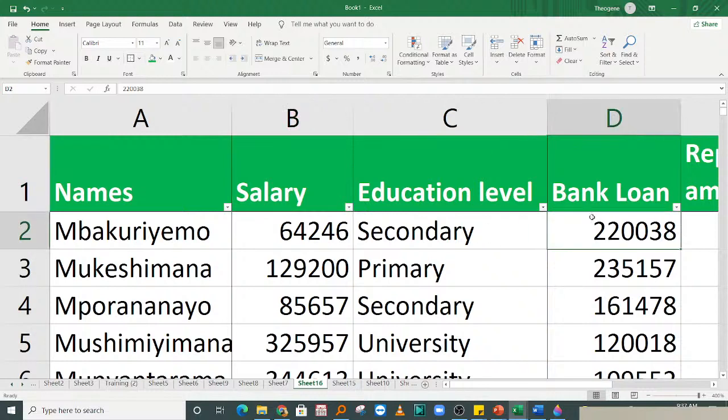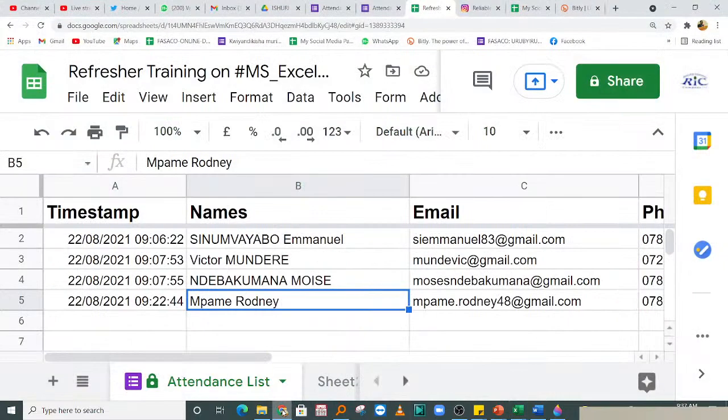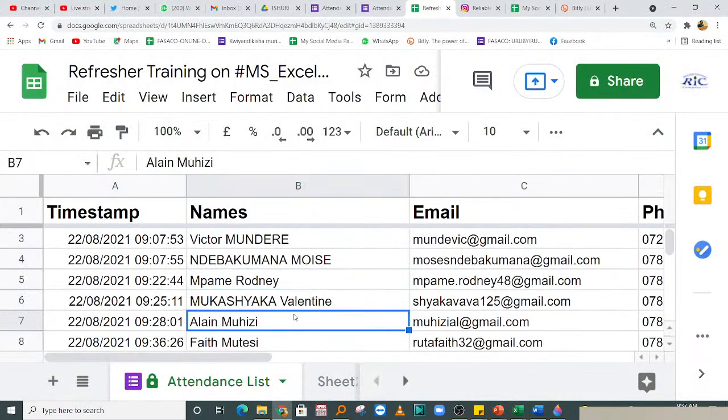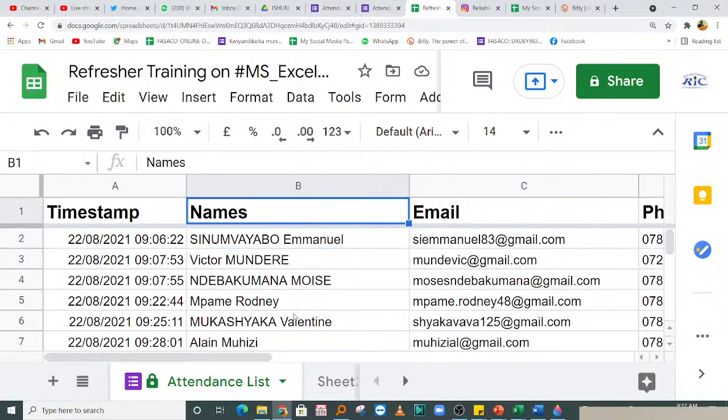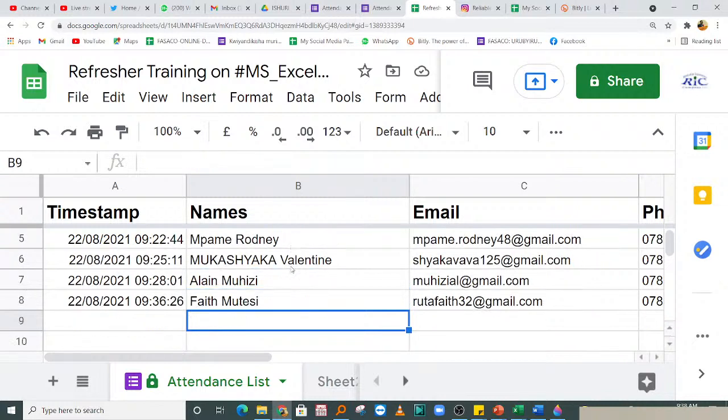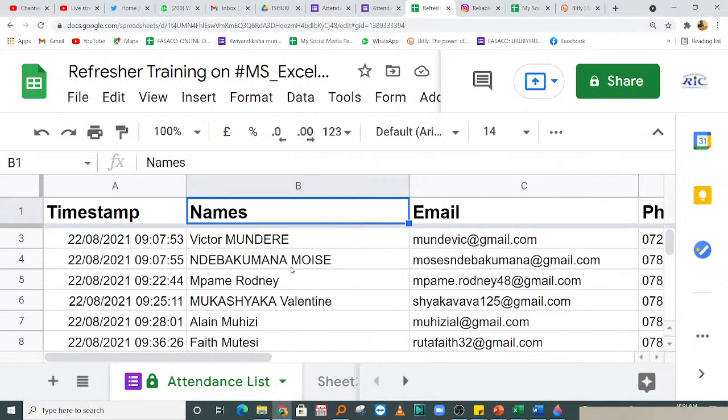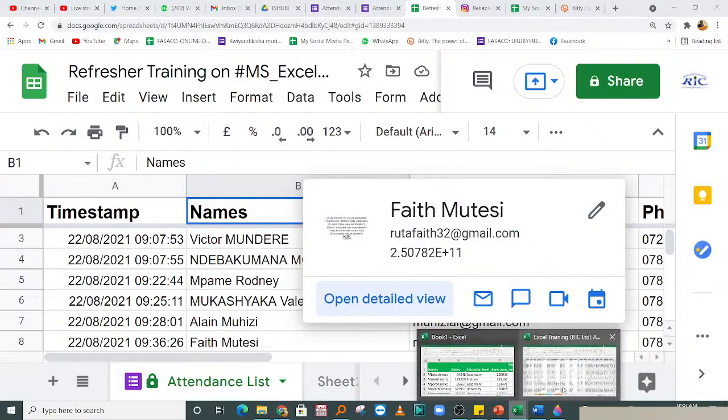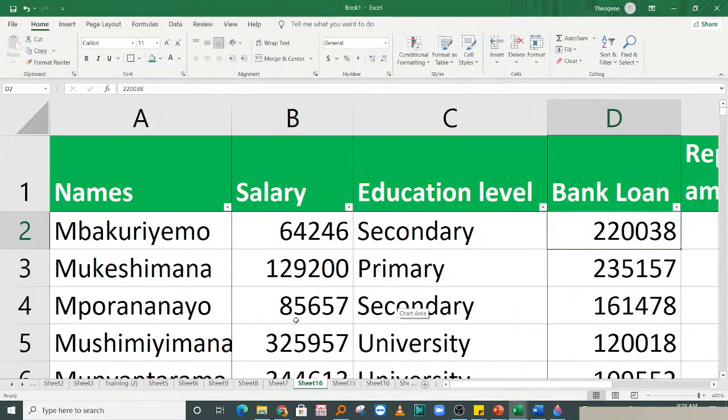Okay, I was checking whether people are getting registered as they have attended the training. Okay, it's good. So after this dropdown,